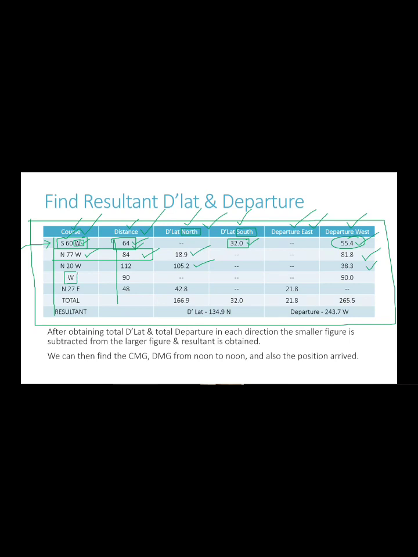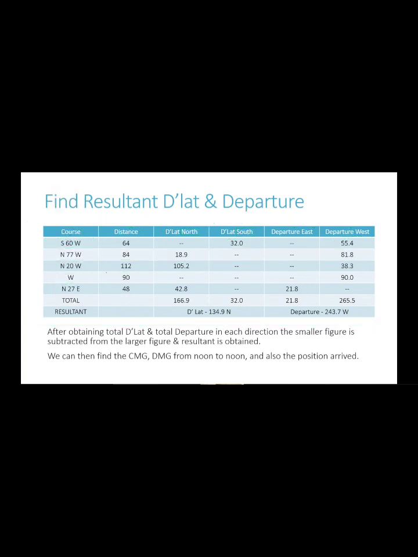अब बेटा फोर्थ लेग में हमारा कोर्स है वेस्टर्ली, ओके। अब वेस्टर्ली कोर्स का मतलब है कि हम लोग पैरेलल सेलिंग कर रहे हैं। इफ वी आर मूविंग इन द वेस्टर्ली डायरेक्शन, वी आर मूविंग अलोंग द पैरेलल ऑफ ए लैटिट्यूड। जब हम पैरेलल सेलिंग करते हैं तो जो हमारा डिपार्चर होता है वो होता है डिस्टेंस। तो जो डिस्टेंस हमने कवर किया है, ये 90 माइल का डिस्टेंस हमने कवर किया है, यही डिस्टेंस हमारा डिपार्चर होगा। दैट इज व्हाई यू सी हमने यहाँ पे वेस्टर्ली डिपार्चर के नीचे 90 लिख दिया है।